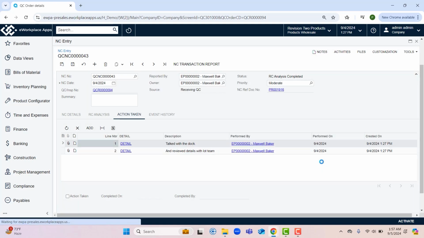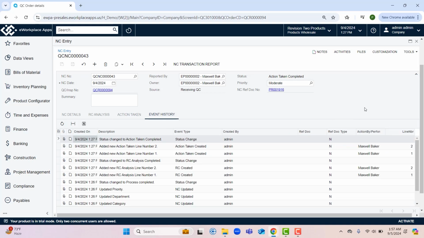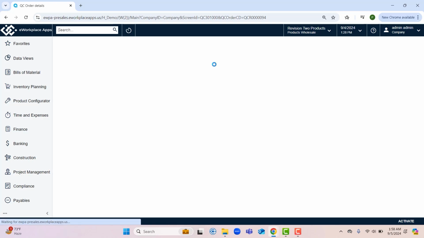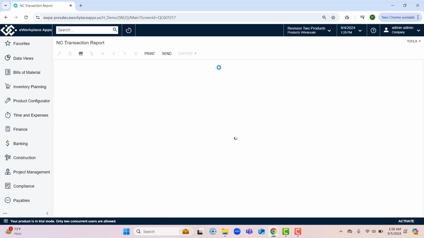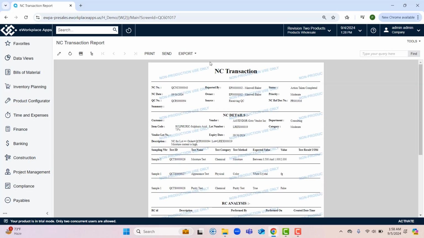Now we will mark this action as completed, and save the documented details. In Event History, we can see who did what when. Before moving ahead with the CAPA transaction, let's see the NC Transaction Report. We can generate the NC Transaction Report, where we can see the information related to the details documented in the